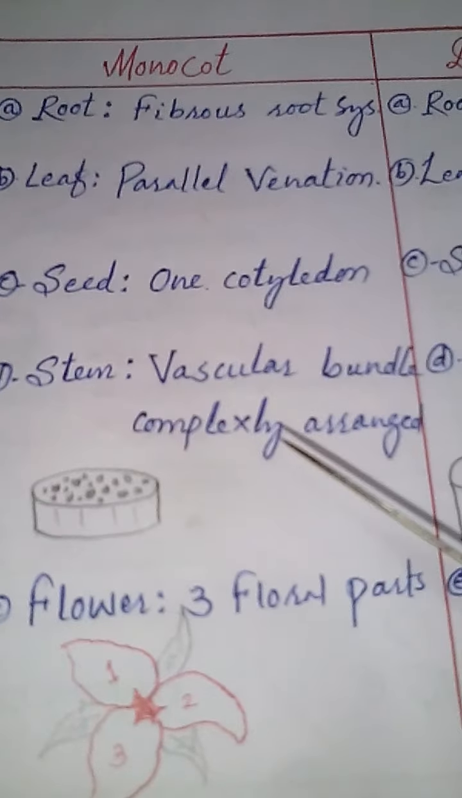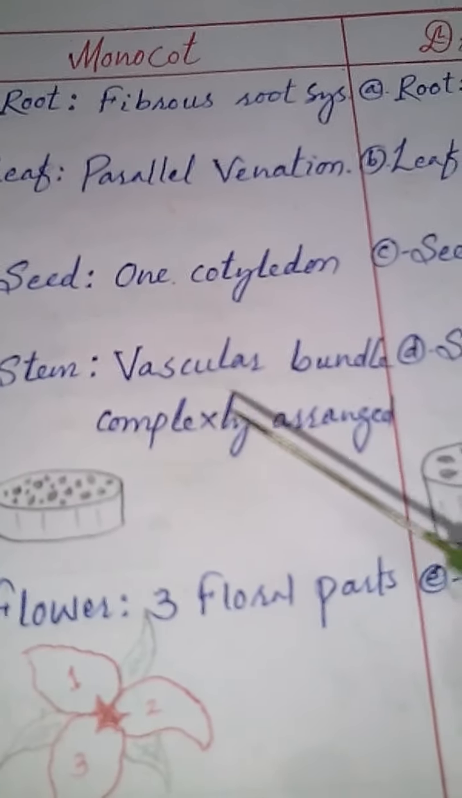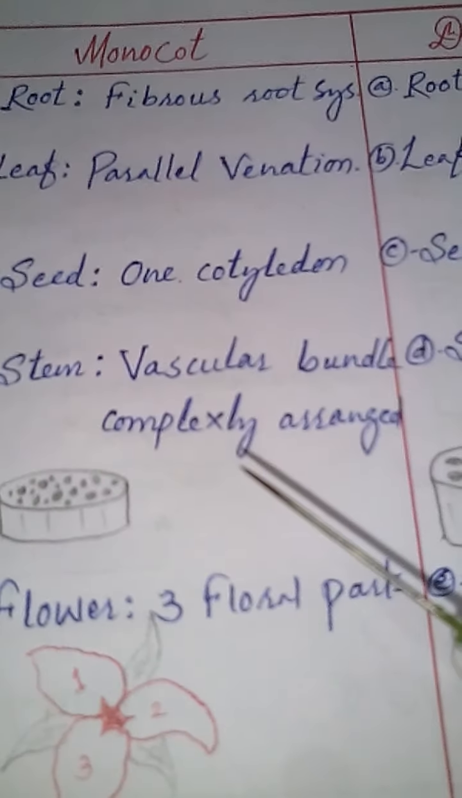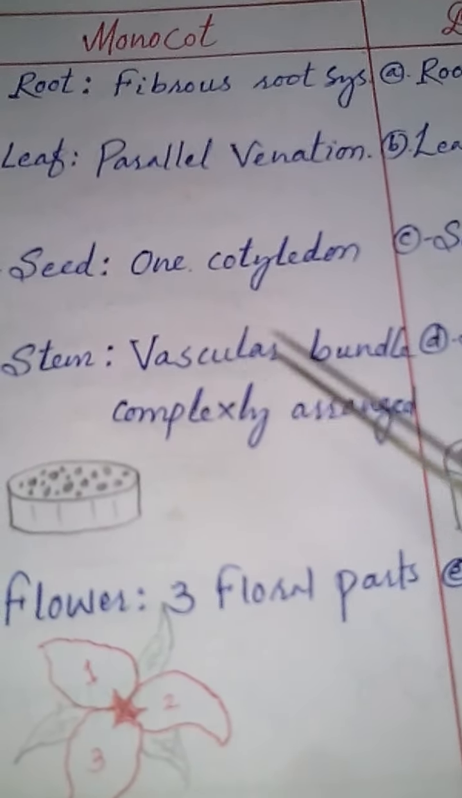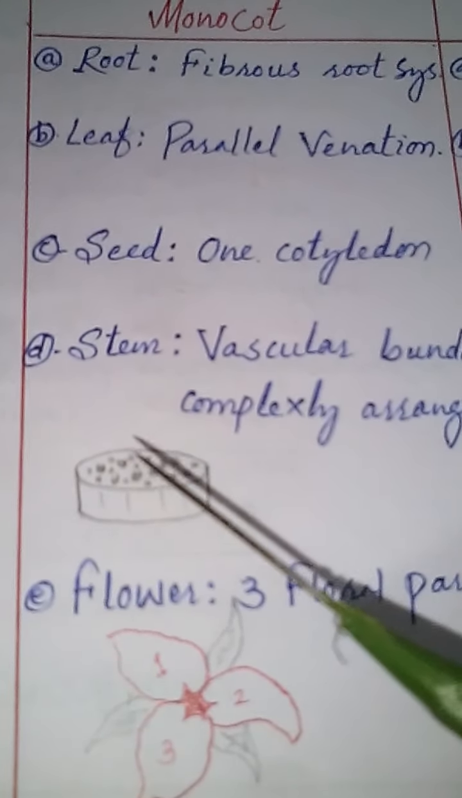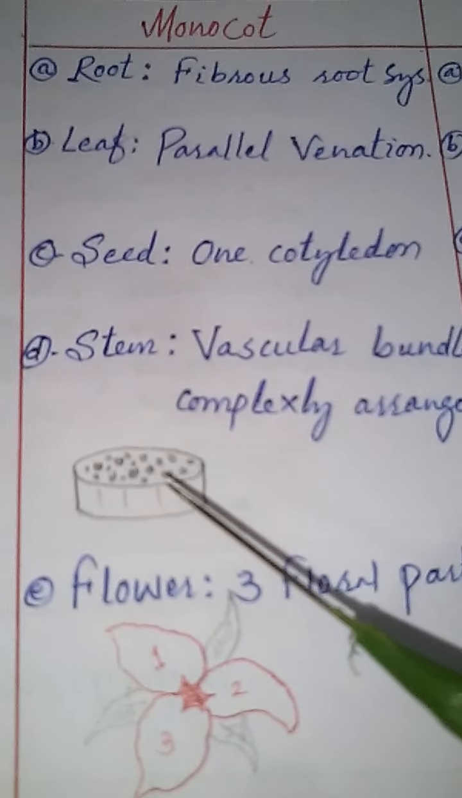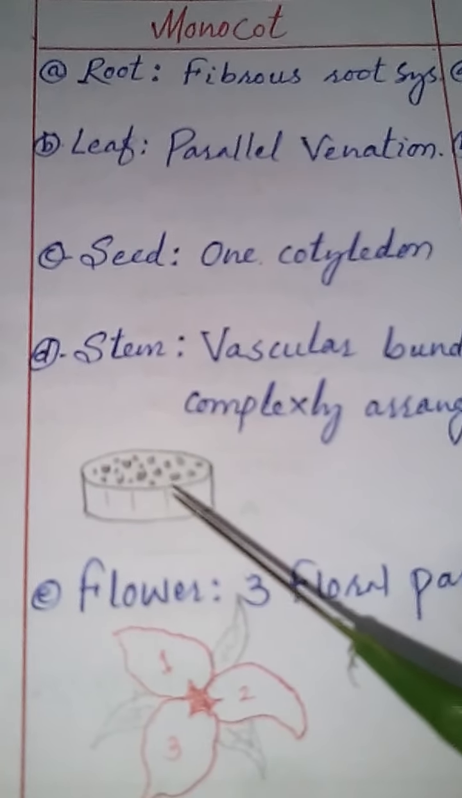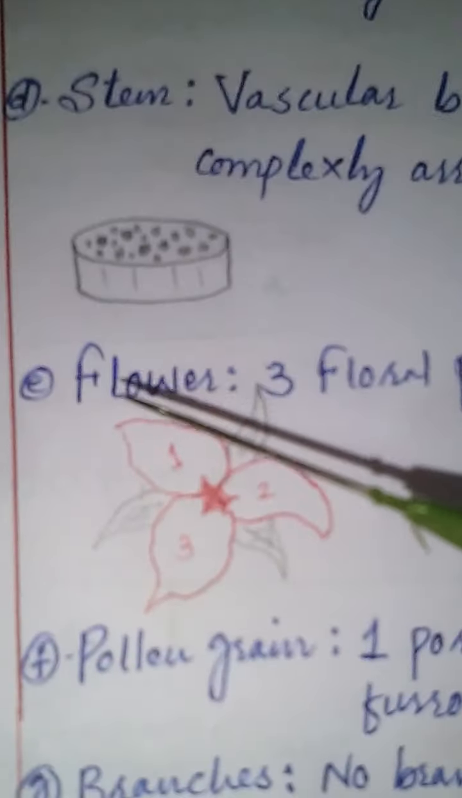The stem of the monocotyledon, in this stem, the vascular bundle is complexly arranged. Means the vascular bundle is scattered in the section of the stem. If you take the section of the stem, here I am explaining it with the help of this diagram. If you cut this